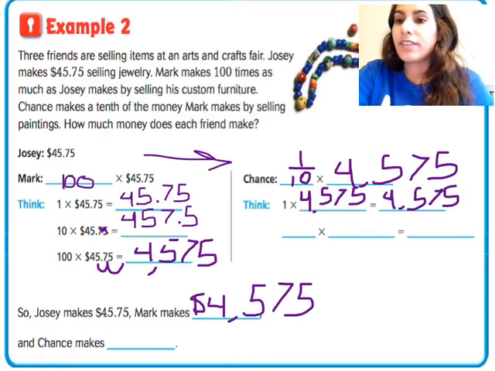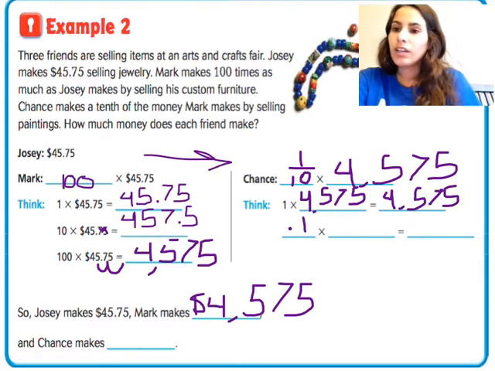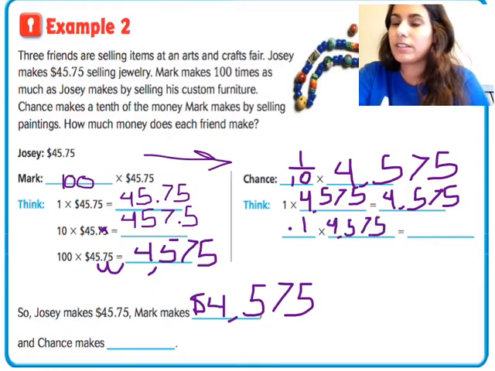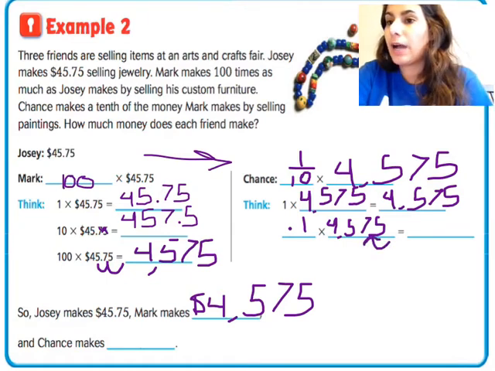So 1/10 of $4,575, I'm going to move my decimal place over 1 time to make it a smaller number. I'm going to have